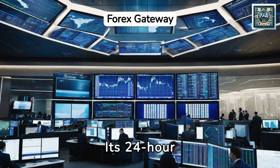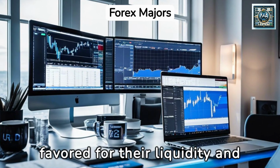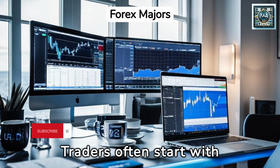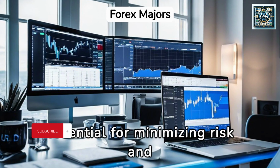The majors dominate the Forex landscape, consisting of the most traded currency pairs globally. These include pairs like Euro to US dollar and US dollar to Japanese yen, which are favored for their liquidity and lower spreads. Traders often start with these pairs to leverage their stability and high volume, essential for minimizing risk